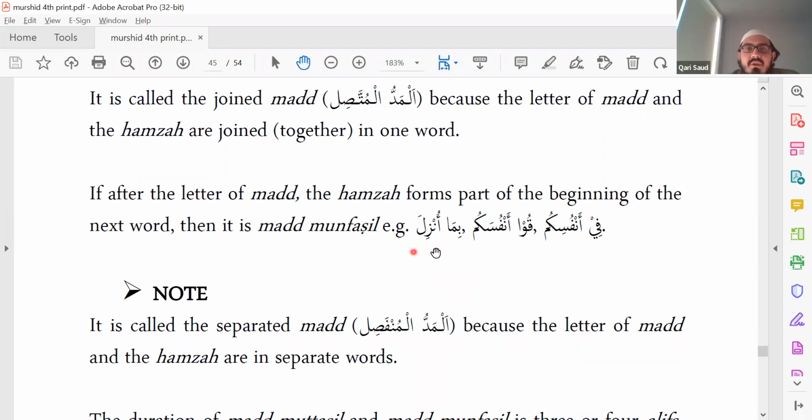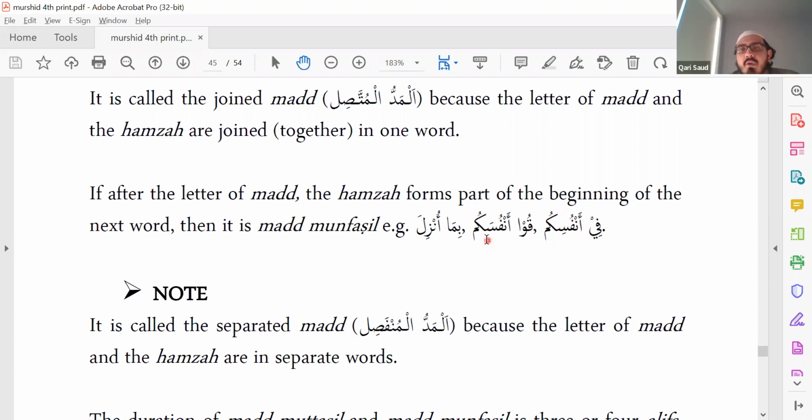Good. So what we do here, we hide it. We don't say unzila, we say unzila. So we prepare our mouth for the za. Unzila. Okay. Is there any rule here? Anfusakum. Same ikhfa. Perfect. Good. MashaAllah. You guys are understanding.